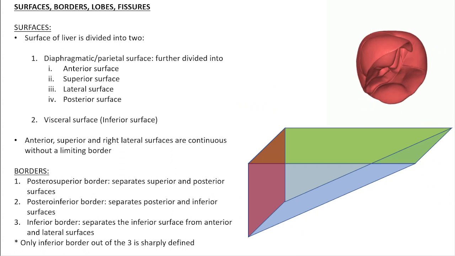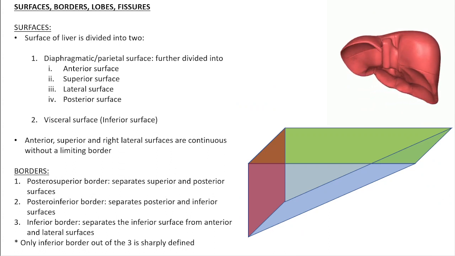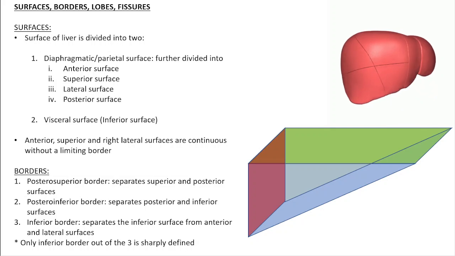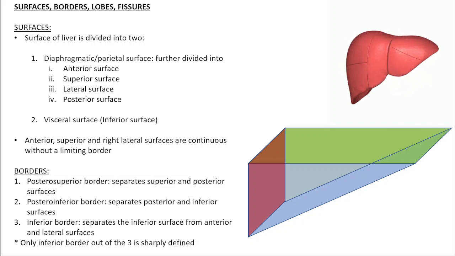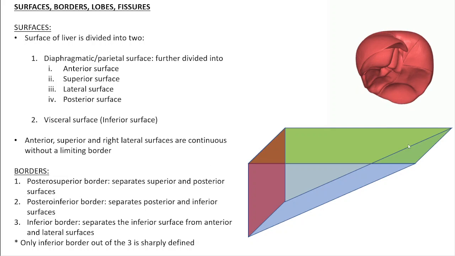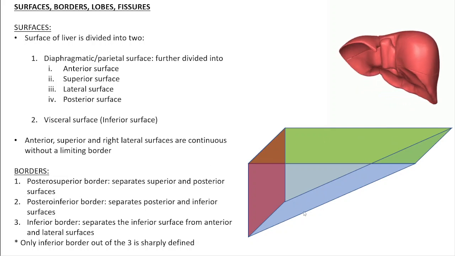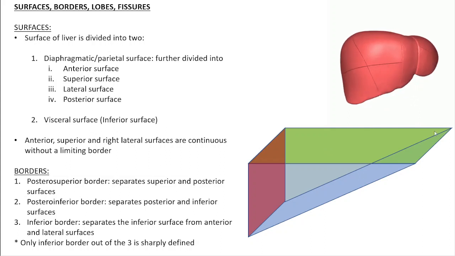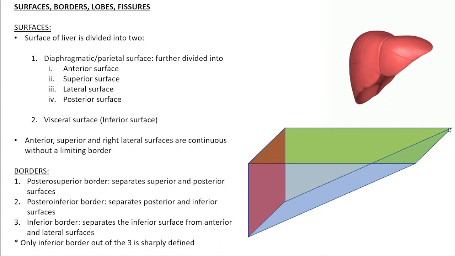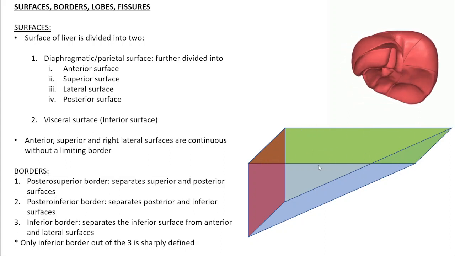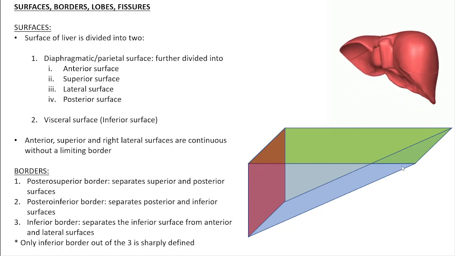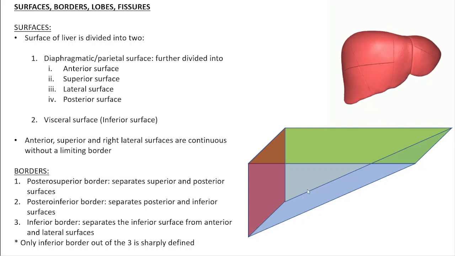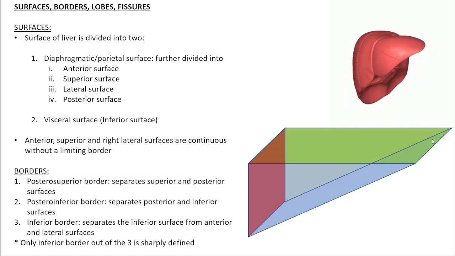Then about the gross anatomy of liver. How many surfaces does it have? How many borders does it have? And how many fissures does it have? So since it is wedge shaped, first focus on this thing. This is a wedge. So it has a surface facing above, that is the superior surface. The boundaries of this are this is the superior surface. A triangular surface facing forwards, that is the anterior surface. Then a surface facing inferiorly, that is obviously the inferior surface.